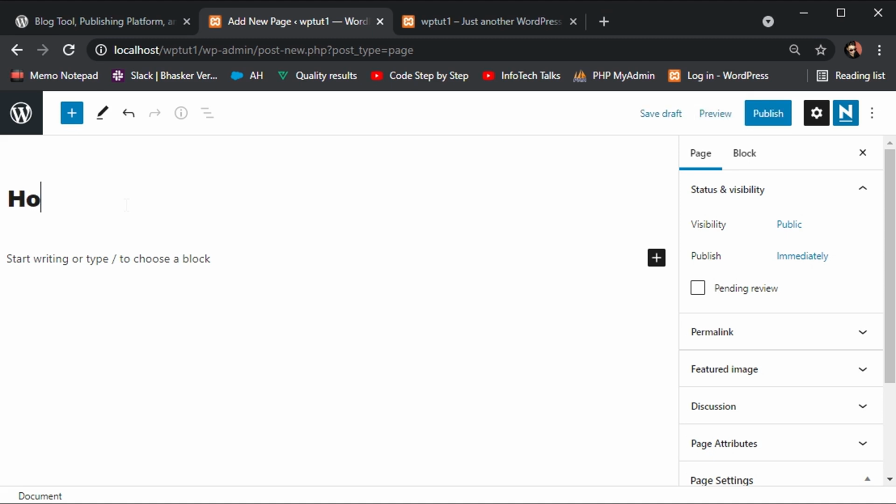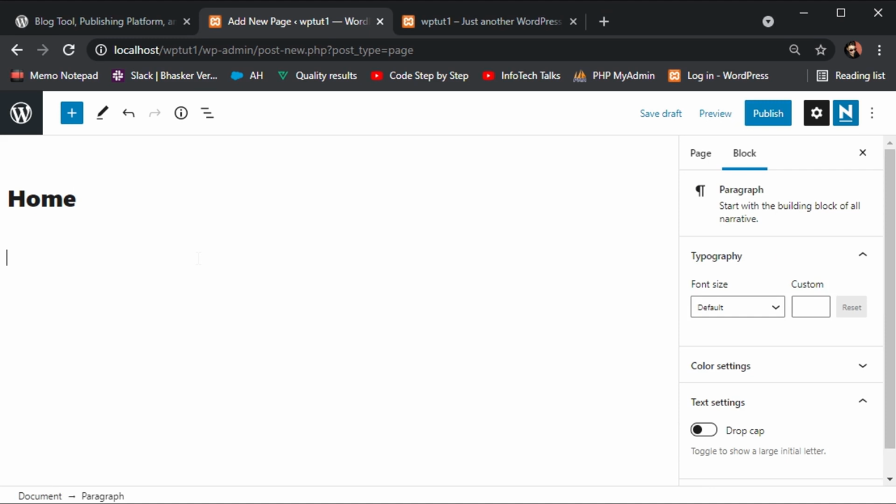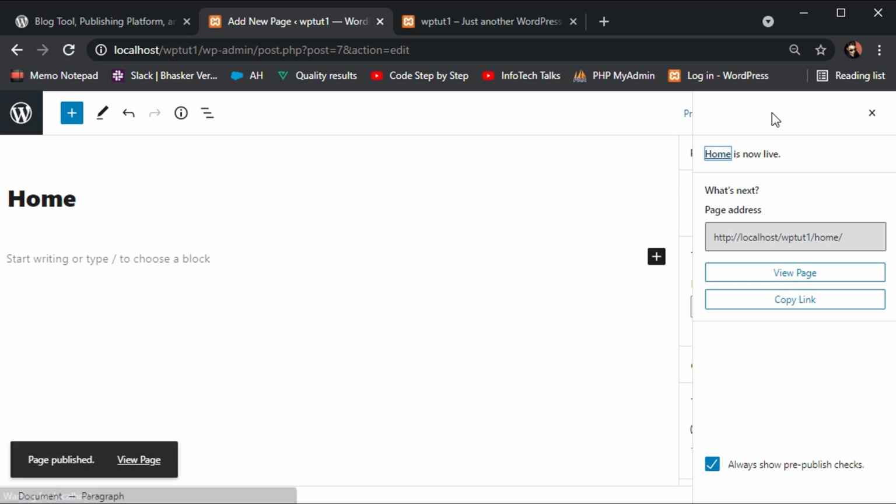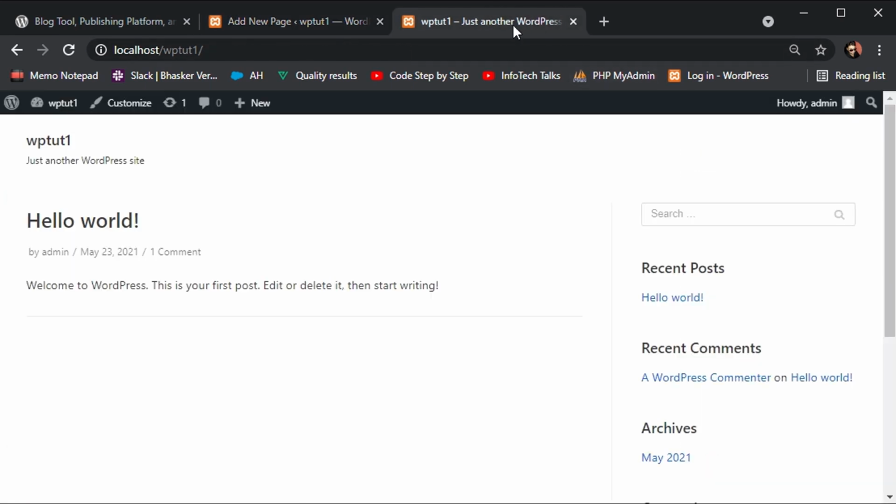First of all, I'm going to add a home page. You can also add content of the home page here, but as of now we are going to discuss how to add a page. So click on Publish, and confirm again. Now a home page has been added to your website. You can refresh it and you can see the home page is available here.